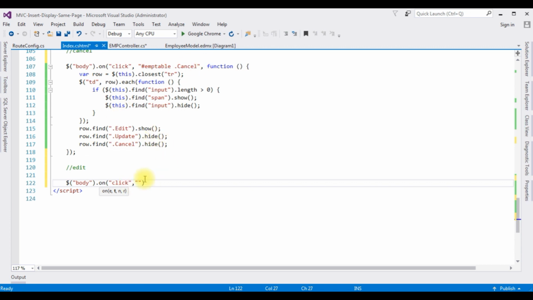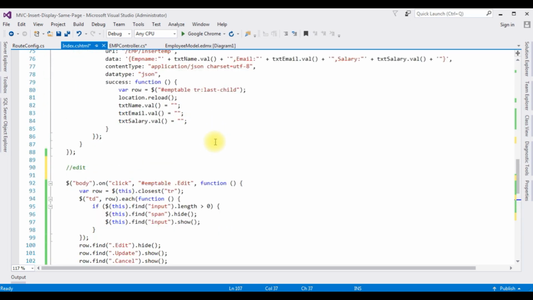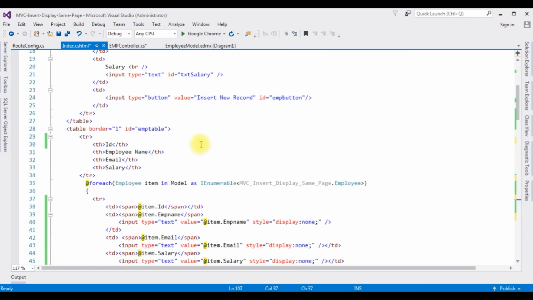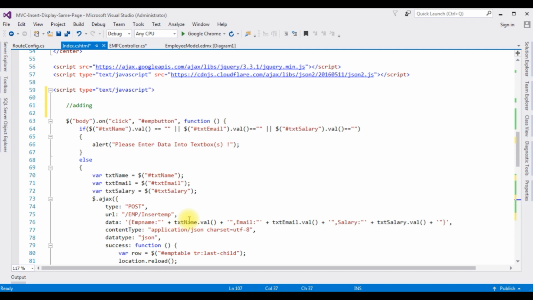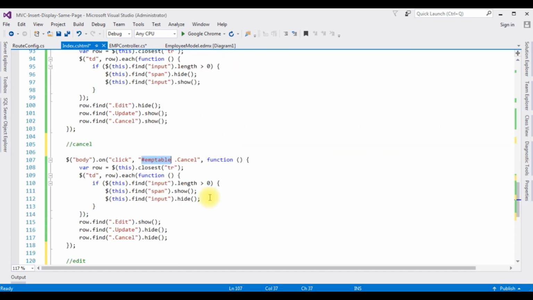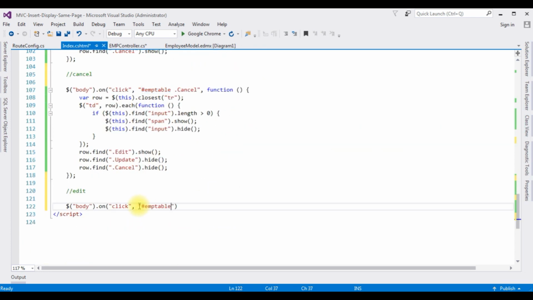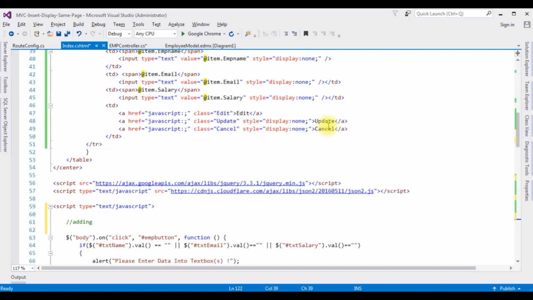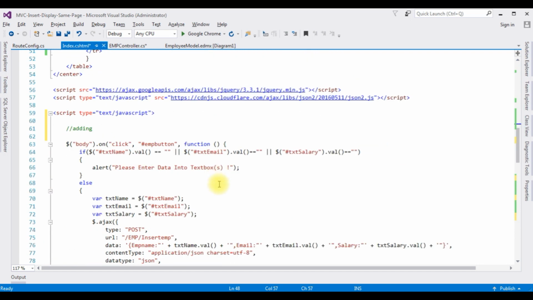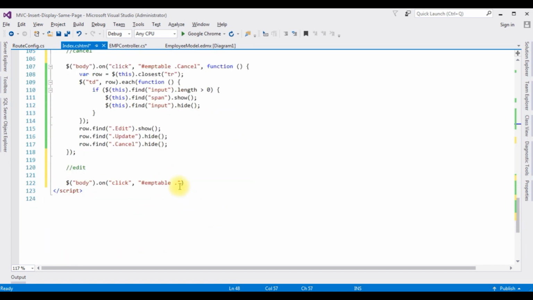We are updating the records in the table, so we require the table ID, which is the emp table ID, emp table, which is this one. Let's copy this one and paste here. Now we require the update class name. This update class name. Come to the bottom, paste here, comma, function,